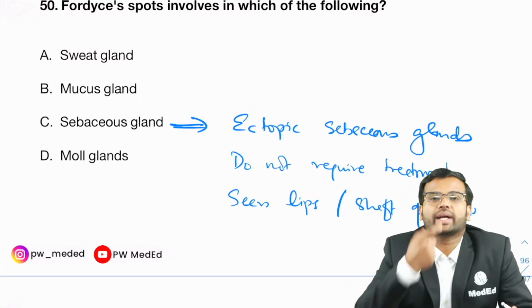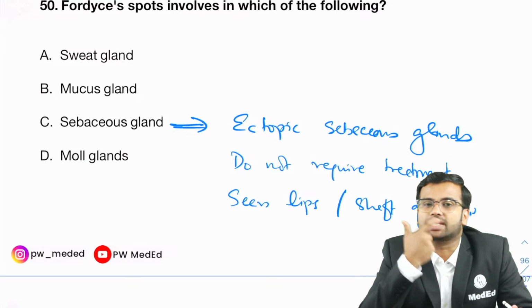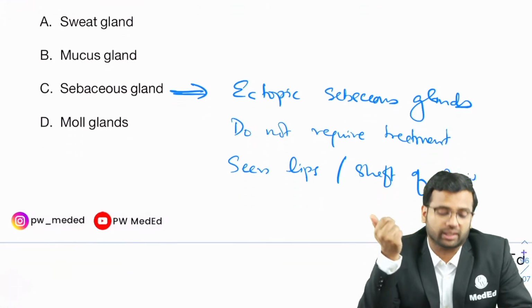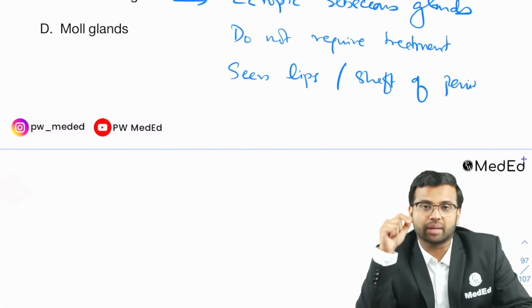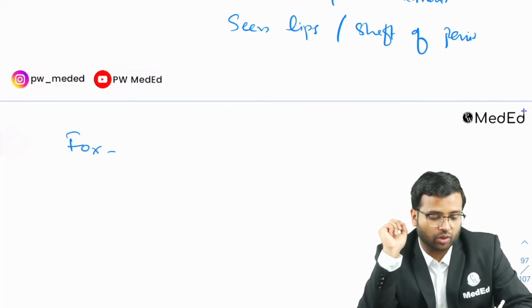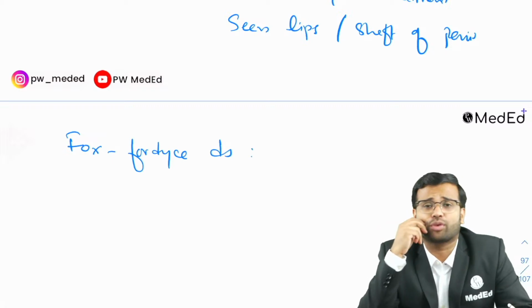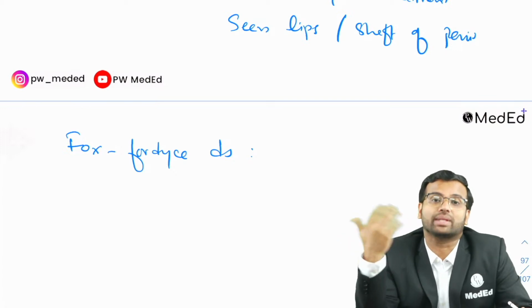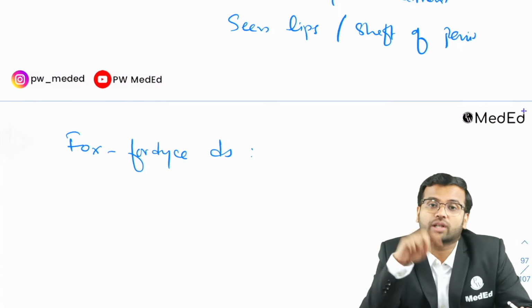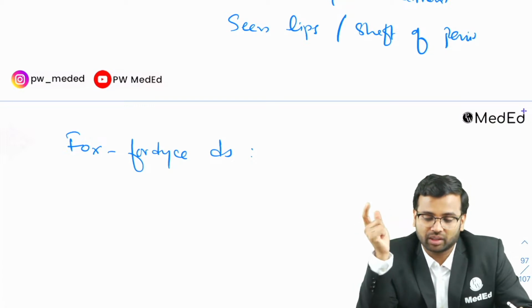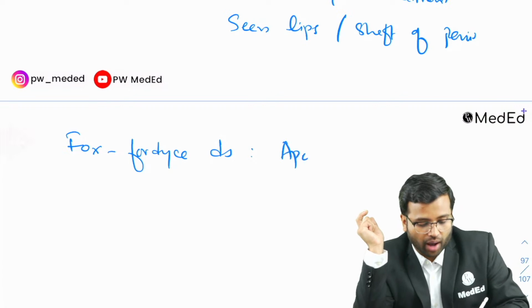Fine. So you can see some whitish spots over these lips, and this is called Fordyce spots. Now what is important for your MCQ is that they may give you two options, like there is another condition called Fox-Fordyce disease. Now what is Fox-Fordyce disease? Fordyce spot is an ectopic sebaceous gland, whereas Fox-Fordyce disease is a disease condition of apocrine